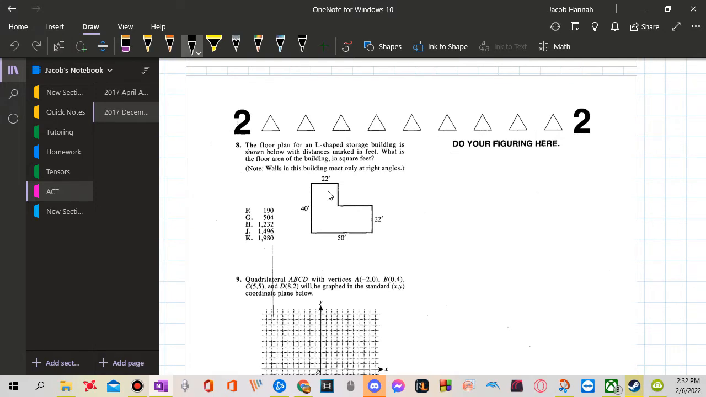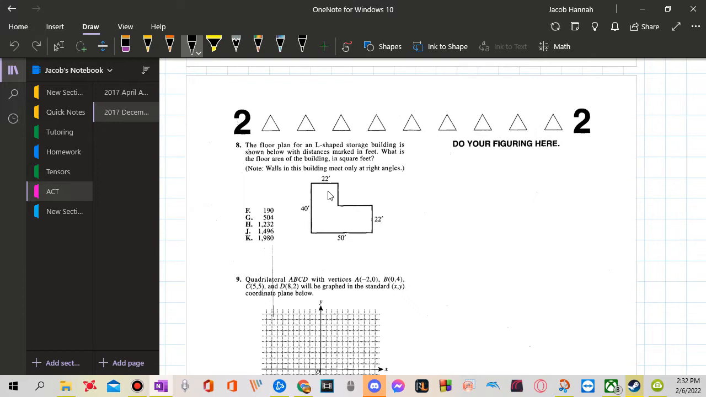The floor plan for an L-shaped storage building is shown below, with the distances marked in feet. What is the floor area of the building in square feet? Walls in the building meet only at right angles. Alright. So for things like this,